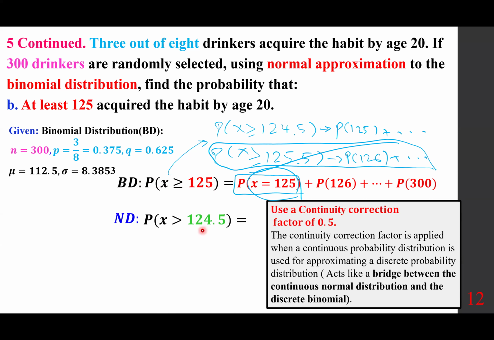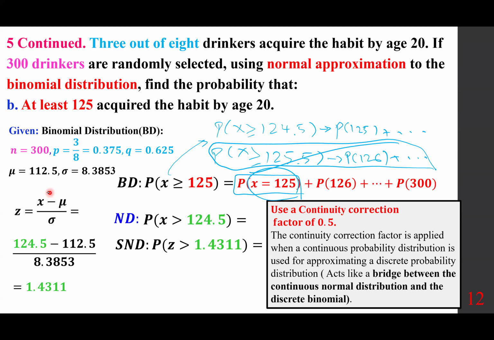This is normal distribution, and we're going to use the z-score of x minus mu over sigma. We already have mu and sigma. X is 124.5, and you do the math. This is the z-score. Probability of, again, I'm going to repeat, this is extremely important to understand: binomial distribution probability of x larger than or equal to 125, normal distribution probability of x larger than 124.5. By the way, whether you have an equality or not makes no difference for the continuous distribution. Probability of z larger than